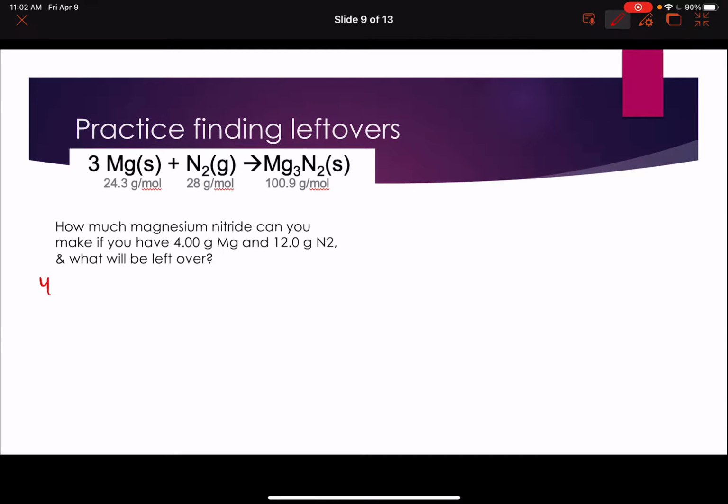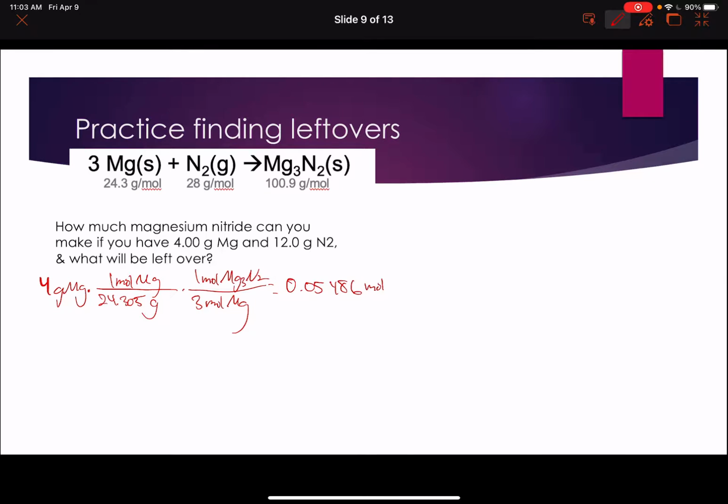So first, let us determine what is the limiting reactant. We have 4 grams of Mg. The molar mass of Mg is 24.305 grams per 1 mole of Mg. And then our mole fraction, there are 3 moles of Mg. And what do we want? We want magnesium nitride. Okay, that's just 1. So 4 divided by 24.305 times 1/3 gives 0.05486